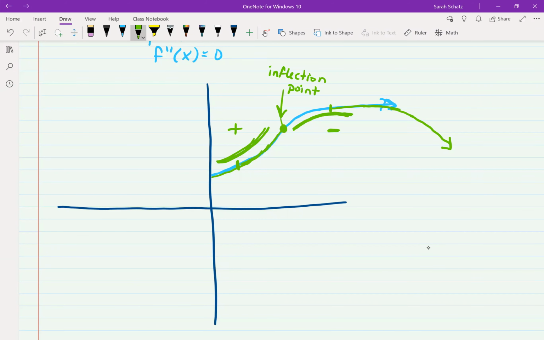You guys, take it here before it starts losing money. How do I find the inflection point? I set the second derivative equal to 0. I can find this value. Now,